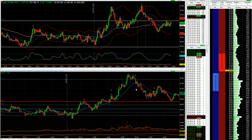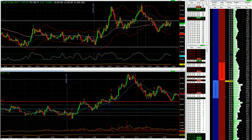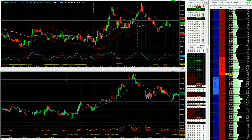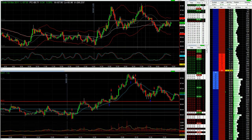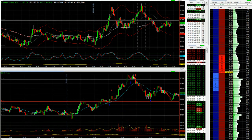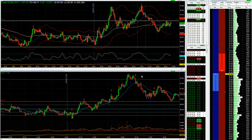And actually, interestingly, the tape gave it away a little bit. Buyers were stepping up. They weren't getting filled. They were stepping up. That was happening around here. You could see large orders stepping up, not getting filled, the market moving away from them, so they move their orders up. They don't get filled, they move their orders up. Eventually they panic and hit the market. That's what you get that little flush for. That started to happen again at that point, but this time when the buyers were stepping up, they were being filled. So that's indicating that someone's taking that demand,